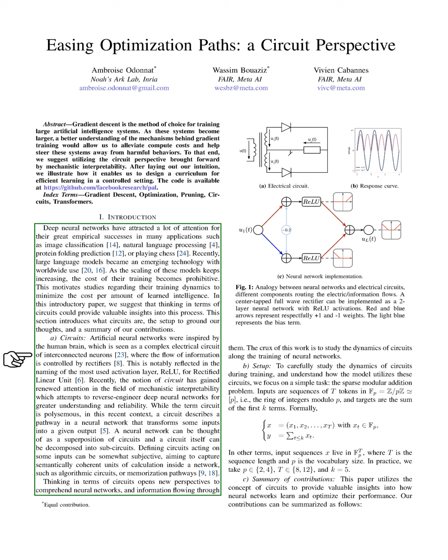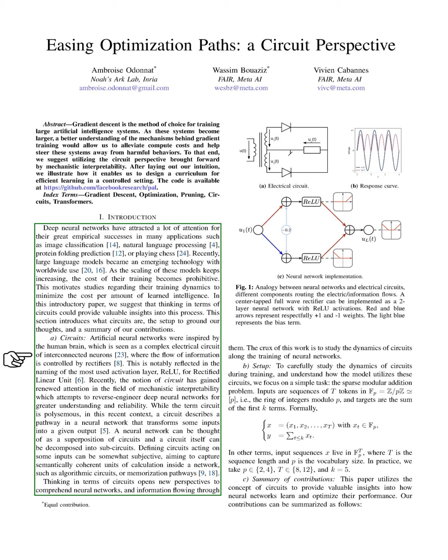We propose that viewing these models as circuits can offer valuable insights into this process. Circuits in our context refer to pathways within a neural network that transform inputs into outputs. Inspired by the human brain, artificial neural networks function like complex circuits of interconnected neurons, where information flow is managed by rectifiers. The term circuit has gained traction in mechanistic interpretability, which seeks to understand and improve the reliability of